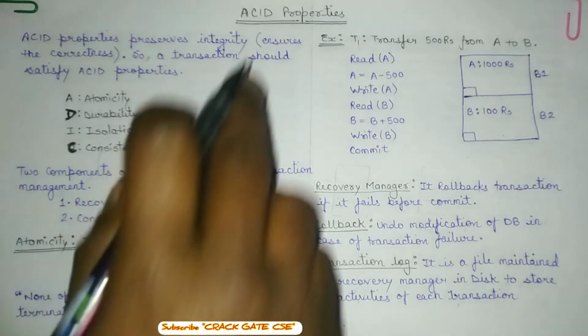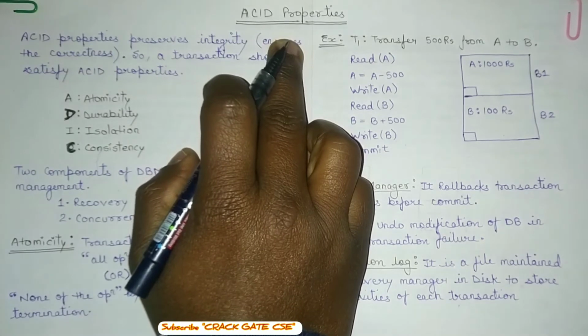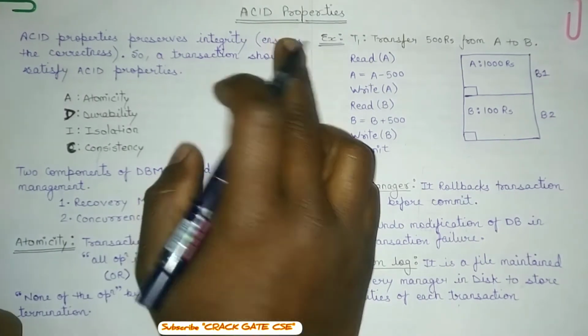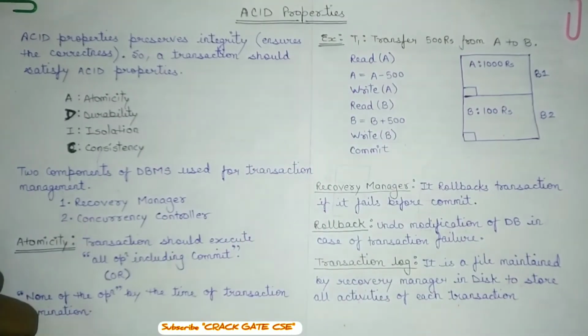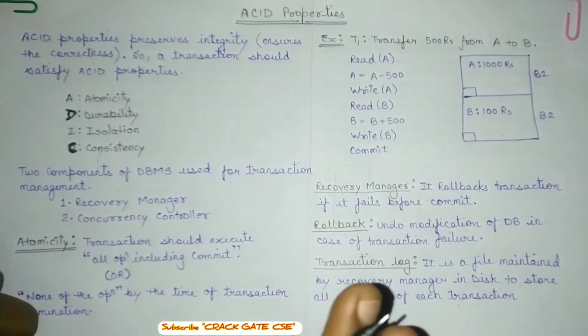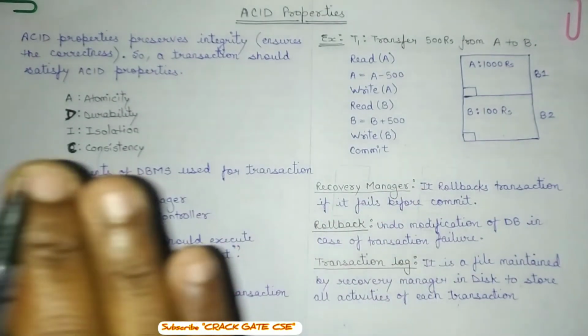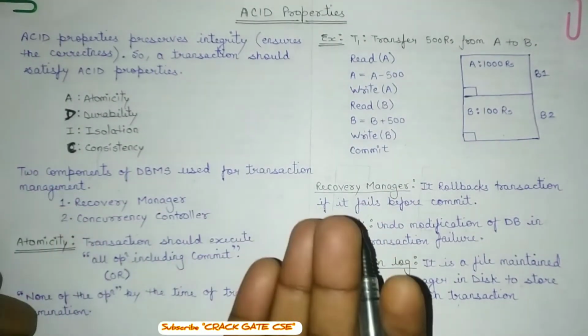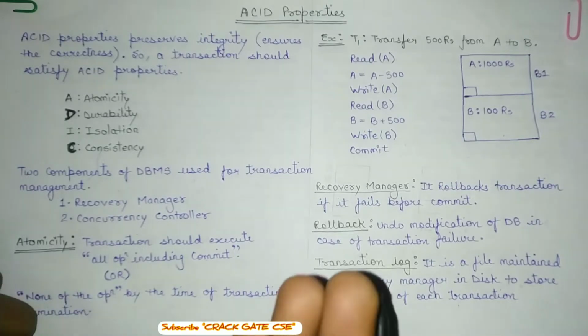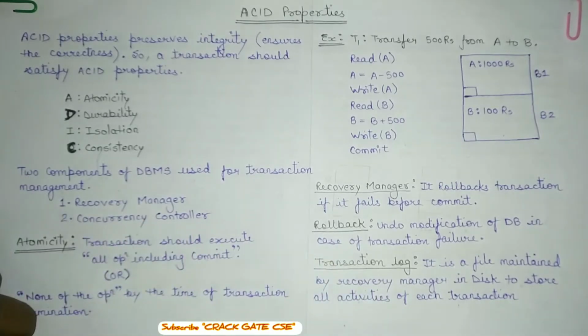Now let's start with the ACID properties. Before moving on, let's have a quick revision. We know that a transaction is an atomic unit of work. We treat a transaction as a single task in which we either access or modify the database or its content. The transaction accesses the data using read and write operations that I discussed in the previous videos.